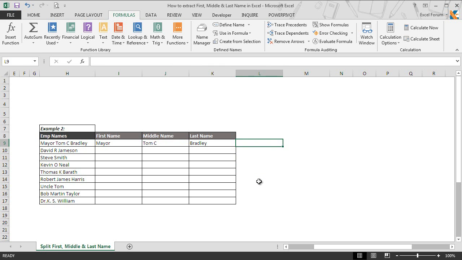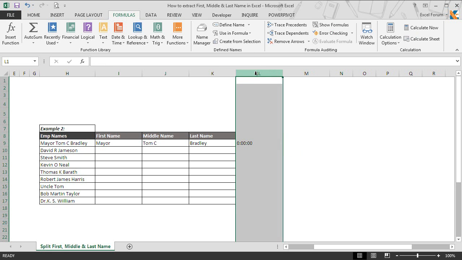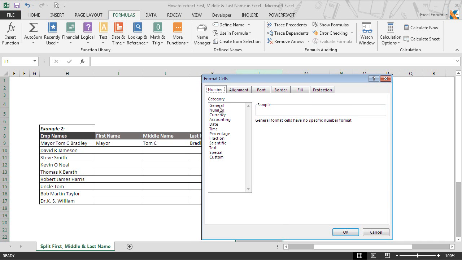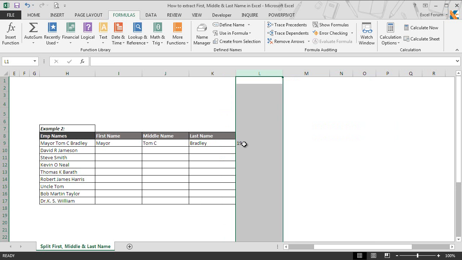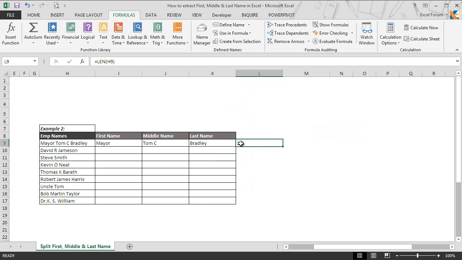And then we come back to L9 and enter the LEN function and hit tab to autocomplete, and then we take H9 and hit enter. Because of the format, it shows in the time format, so we'll select the entire column, right click, Format Cells, and here we select Number, and then we do not want decimals, so we click on OK. Alright, the function returned 19 as the total length including spaces of the H9 string,